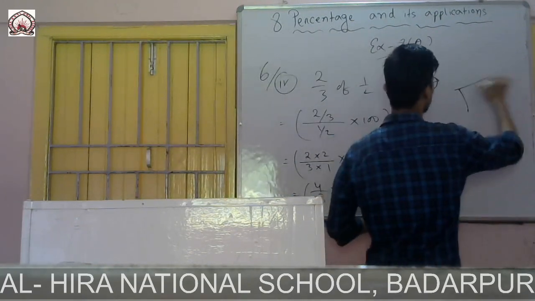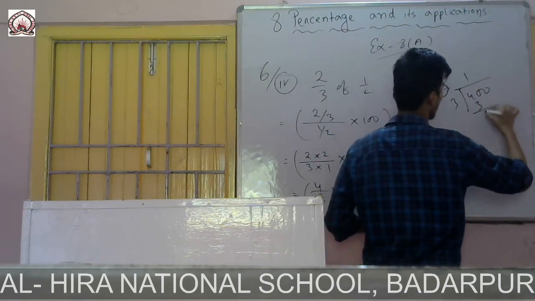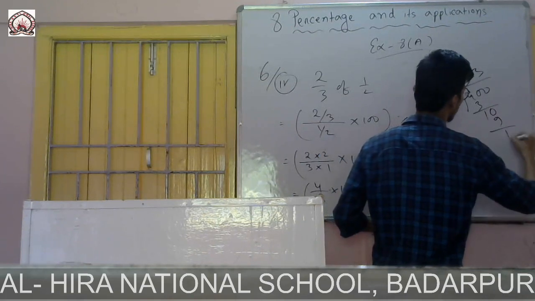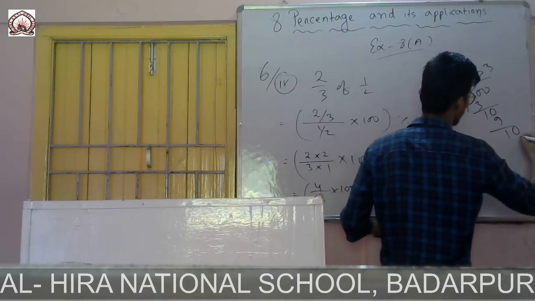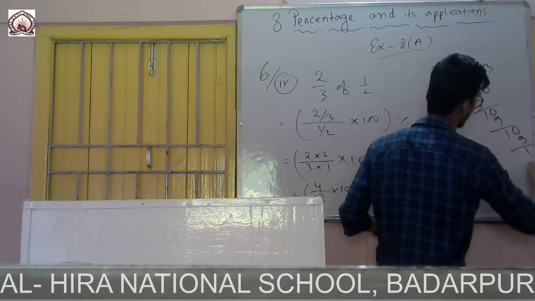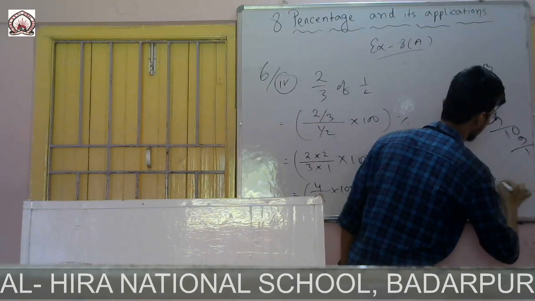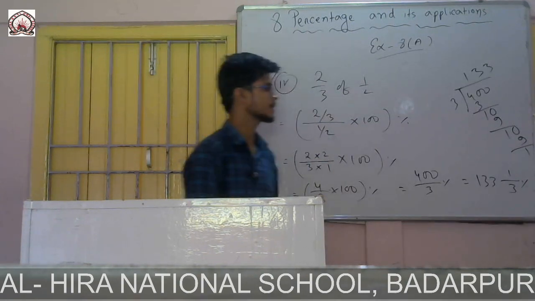So if I simply do the divide, directly also I can, you see, 3 1s are 3, 1 left, then there are again 10, 3 3s are 9, then again 1 left, then 0, so again 3 3s are 9, then 1 left. So in mixed fraction, how can we write? It will be 133, there are 3 and there are 1. Answer is 133 1 by 3%.